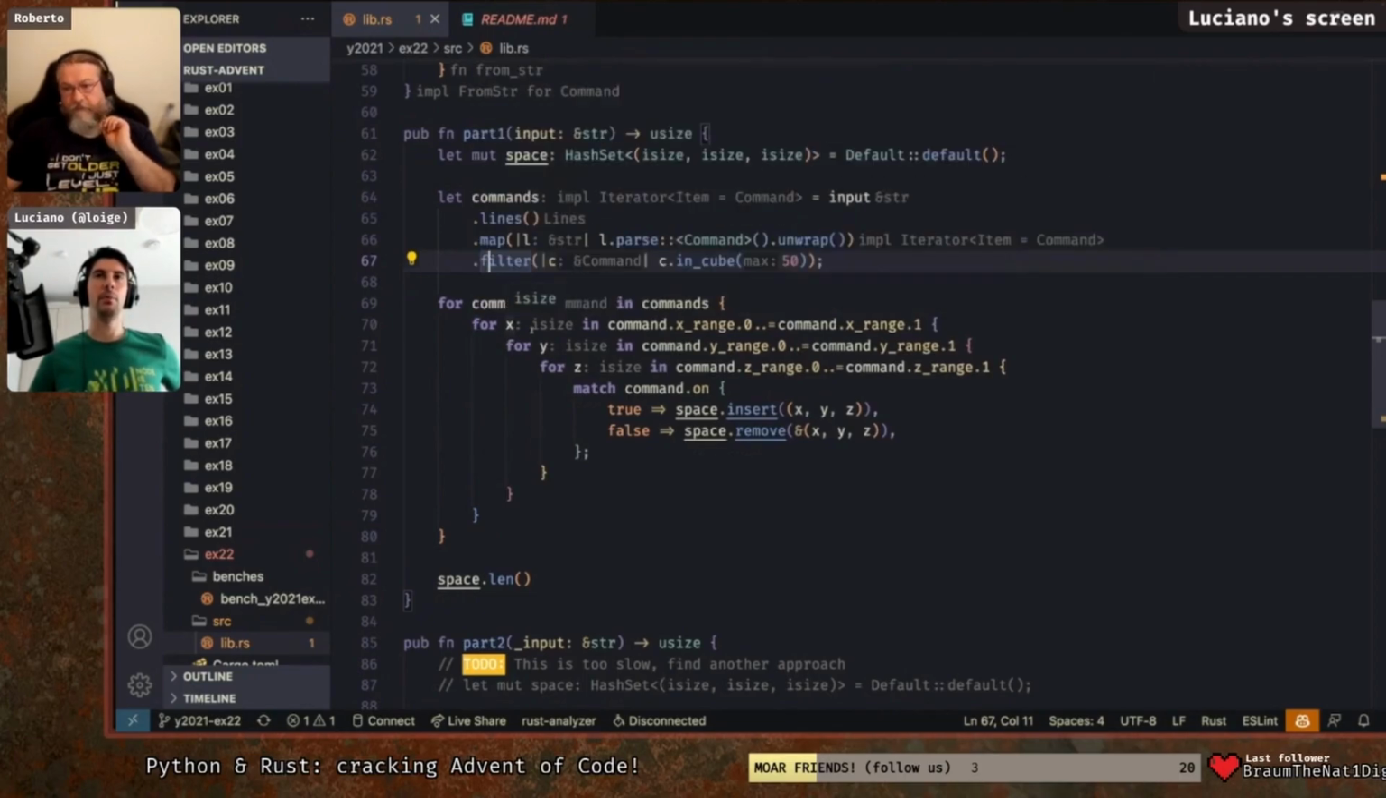So we will have ranges for the 3 coordinates. And in the command, we will have properties x range, y range, and z range, and they are all tuples. So 0 and 1 will be the lower boundary and the upper boundary of every coordinate. So basically this will give us a list of x's, a list of y points, a list of z points,